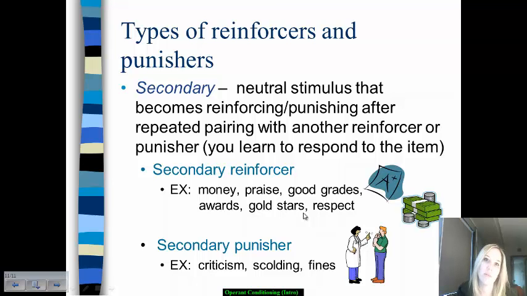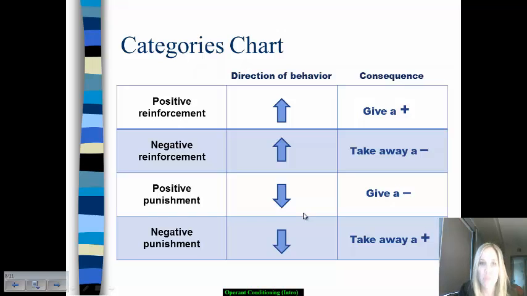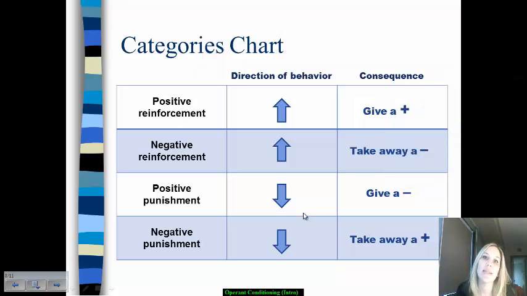So these are types of reinforcers here. But I want to go back one more time to this chart. It is absolutely critical that you star this for yourself and keep this in mind as we're going through and we're practicing this content together in class. This is the most simplified explanation of these 4 concepts. And I can't stress it enough that when we're talking about the positive and the negative parts of these things, when it's a reinforcement, the behavior is always going to increase or keep going, okay? It will continue to be carried out.